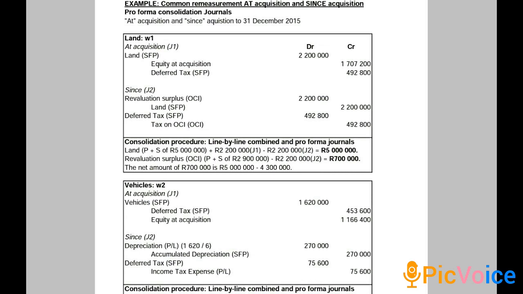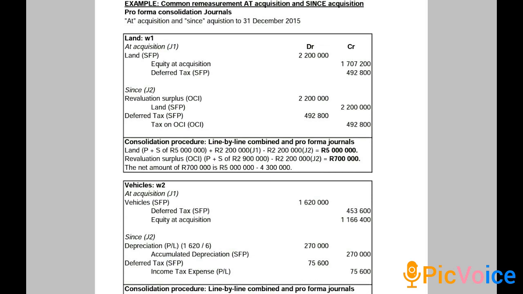22.4%. And then the vehicle was purchased by the subsidiary on the 1st of January 2011 at a cost of 30.8 million. It has a useful life of 10 years. When we acquired this vehicle, it had a carrying amount of 2,280,000, and its fair value is 3,900,000. So we need to bring the carrying amount of 2,280,000 to the fair value of